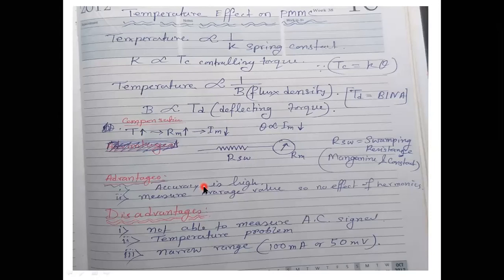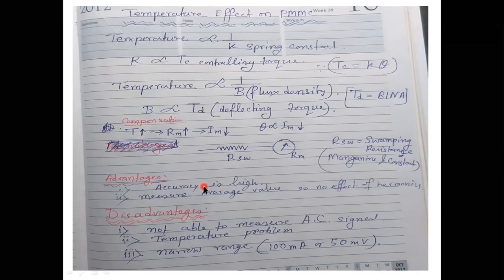Now we are coming to the disadvantages. What are the disadvantages of the PMMC meter? The disadvantage is that it is not applicable for AC signal measurement. If you want to measure an AC signal, it will not be able to, because it is only used for DC. And as permanent magnets, springs, etc. are used over there, the cost of the PMMC meter is much higher than the MI type instrument.